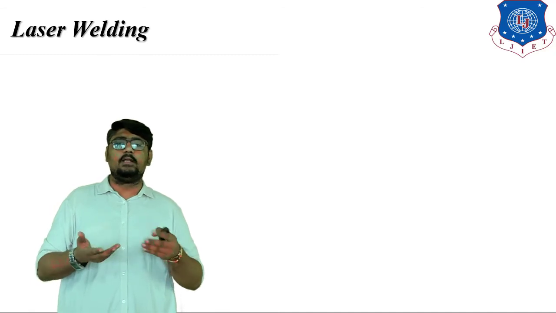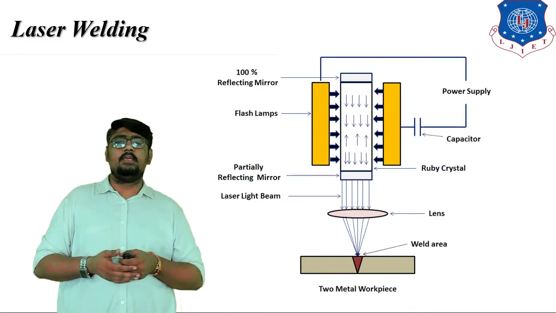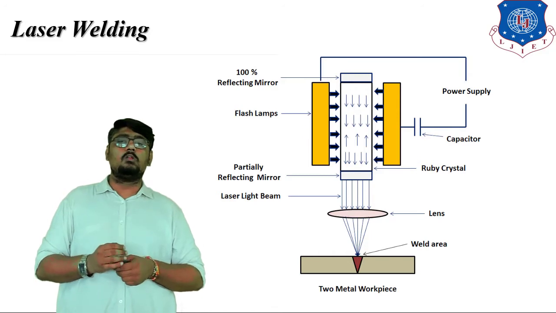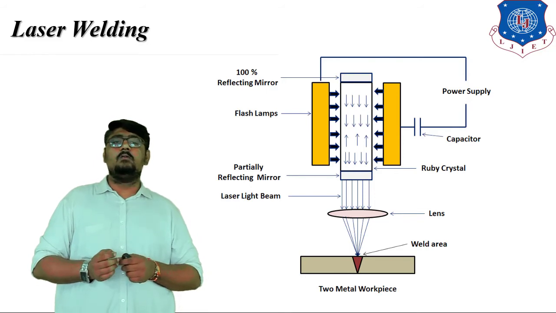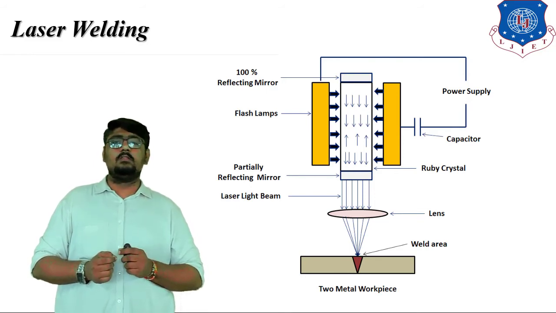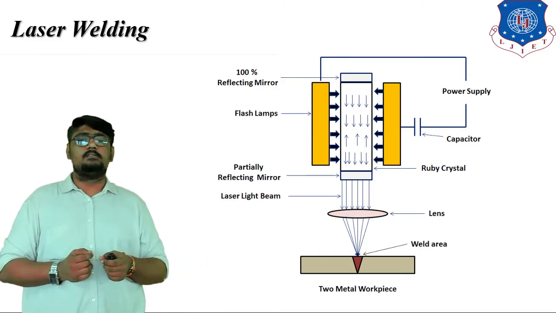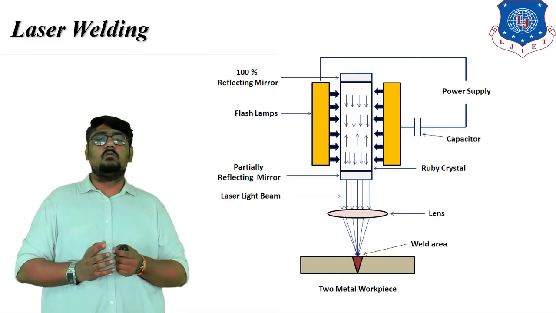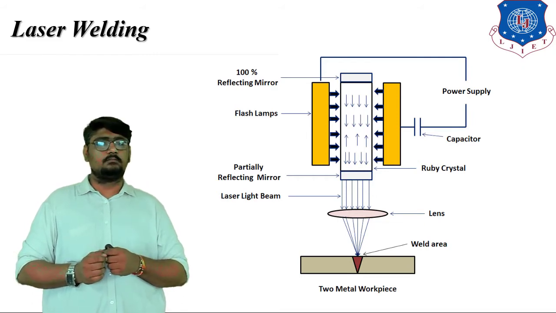You all are aware of welding. What is welding? Welding is just joining two metals. So in laser welding, the laser beam is focused on the spot where two or more pieces are to be welded or joined into a single unit. Due to the high heat required in the welding process, the heat generated by the laser melts a tiny area on which the beam is focused.